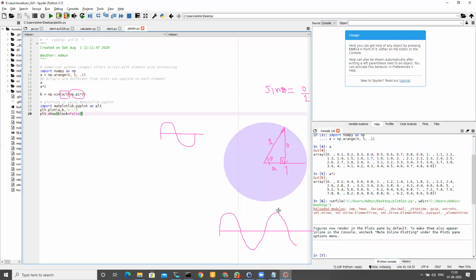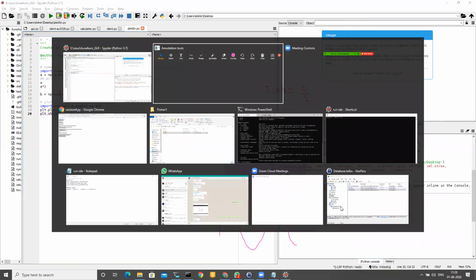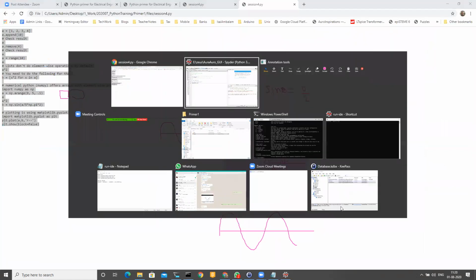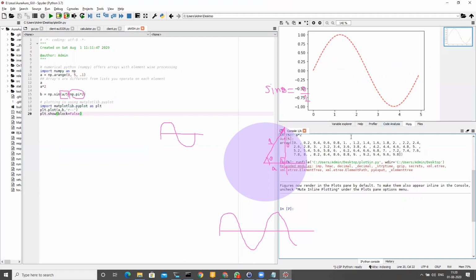Wonderful. Is there another pane? No, Sanjay, it will be there in the Spyder. Yeah, but I can't see it here either. No? Plot. Here, plot. What should I do? Plots. Plot. Oh, nice. Okay, that's pretty cool.